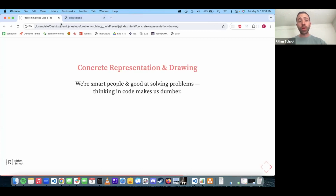Focus on the syntax once you have a plan. Focus on the for loop once you know that you're actually looping. Focus on the while loop once you know that you're actually looping. Focus on shifting when you know that that's what you actually want to do. So sometimes